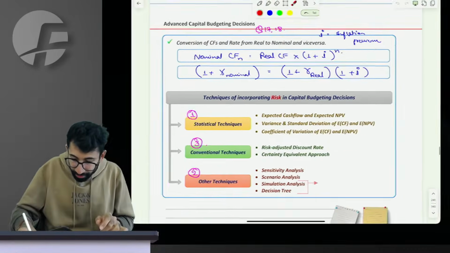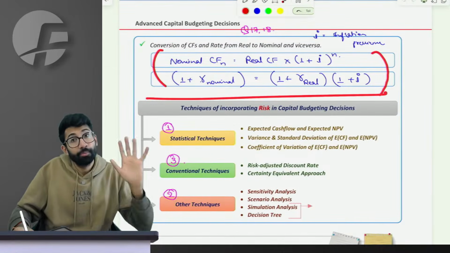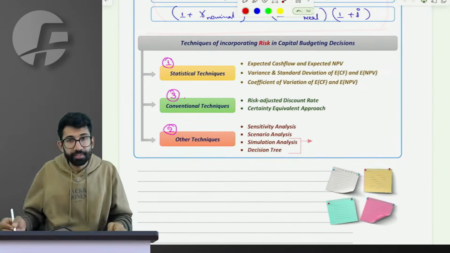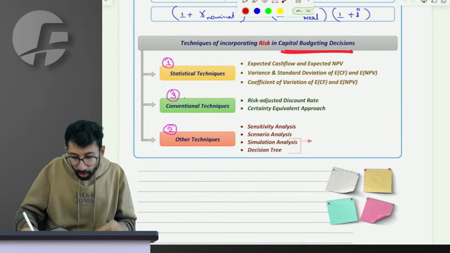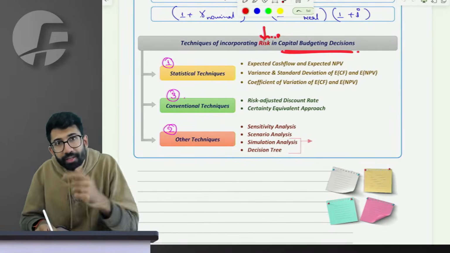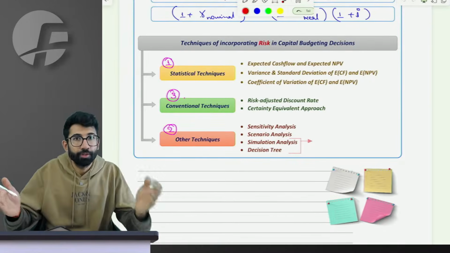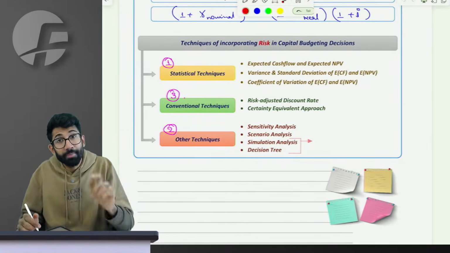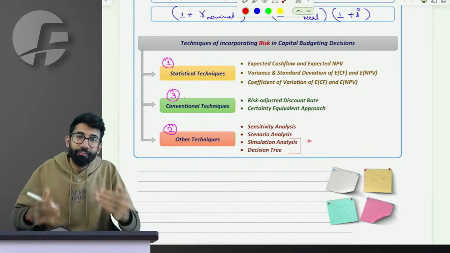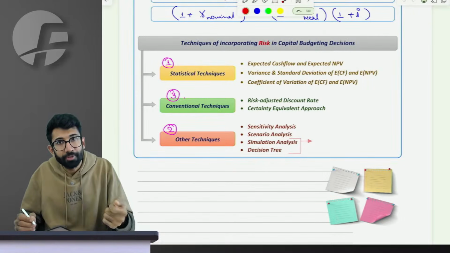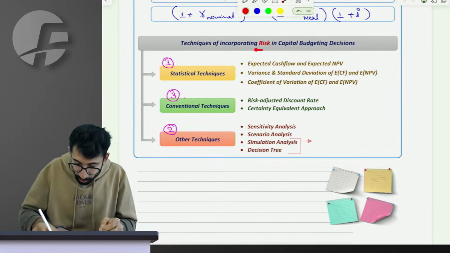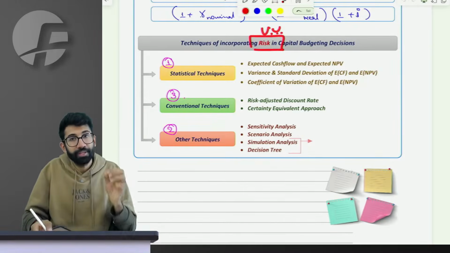I'll talk about the cash flows later on because I'll have to take you to the basics first. But before that, let's understand this. We talk about capital budgeting decision, but we ignore the risk involved. Can you please connect it to portfolio management? There are two shares. One share gives me a higher return, but at a higher risk. At CA Inter level, we have talked only about the higher return, higher NPV, but we did not talk about the risk involved in that project, and that is what we have to learn to incorporate now.